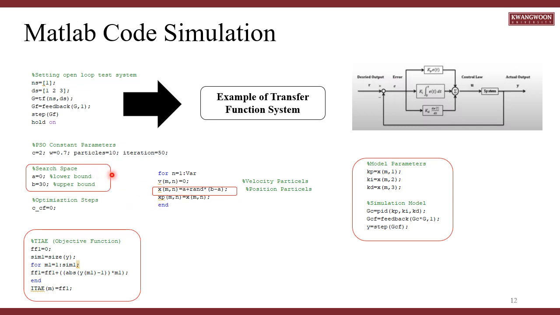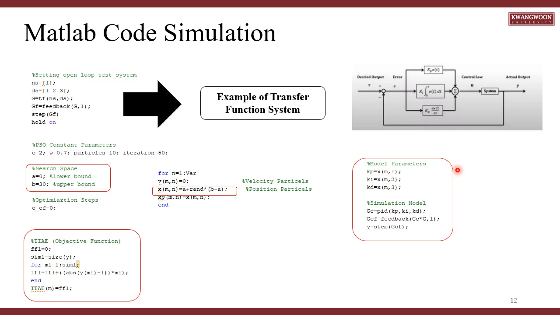It means the search space is also helpful for defining the PID control. As you can see here, AEB is defined in parameter X, and the X parameter is used to define KP, KI, and KD. This is just simplified; for the detailed explanation, I already discussed how